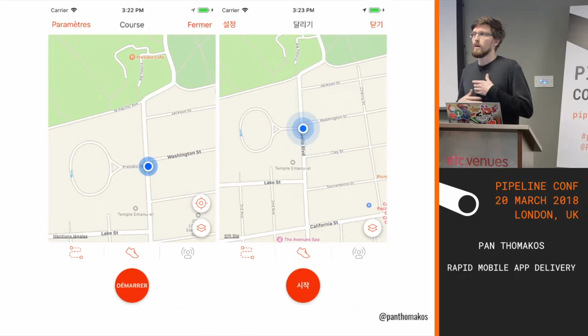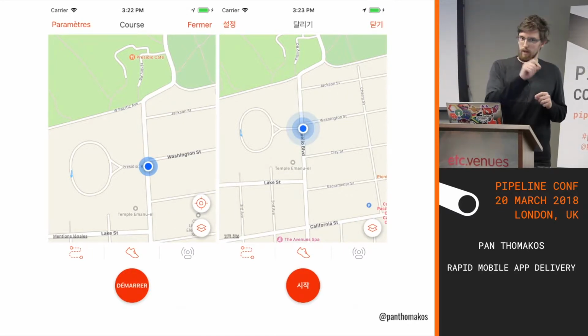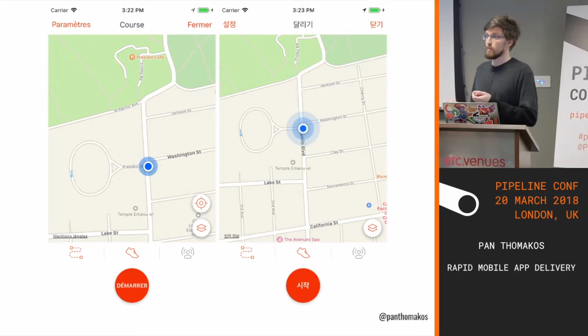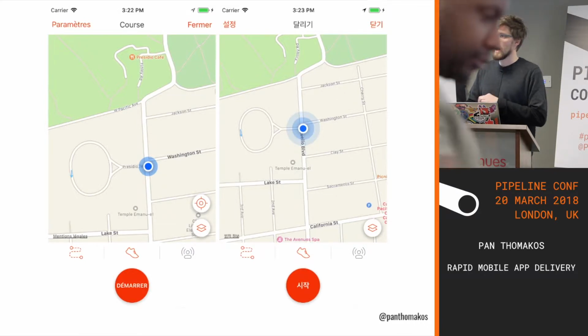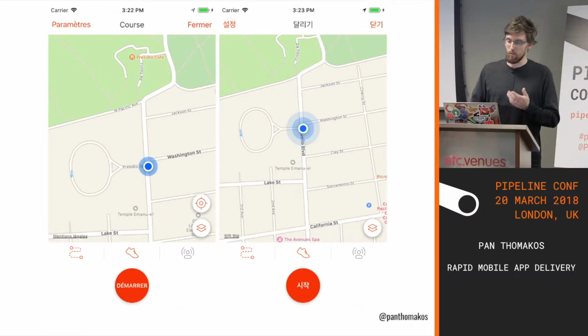So if I go for a run, I want my wife to know where I am. I can send her a little beacon so she can keep track of where I am, and she'll get notified if I stop for too long. So there's interaction that's native to the app, but also contacting the server while you're actually running or